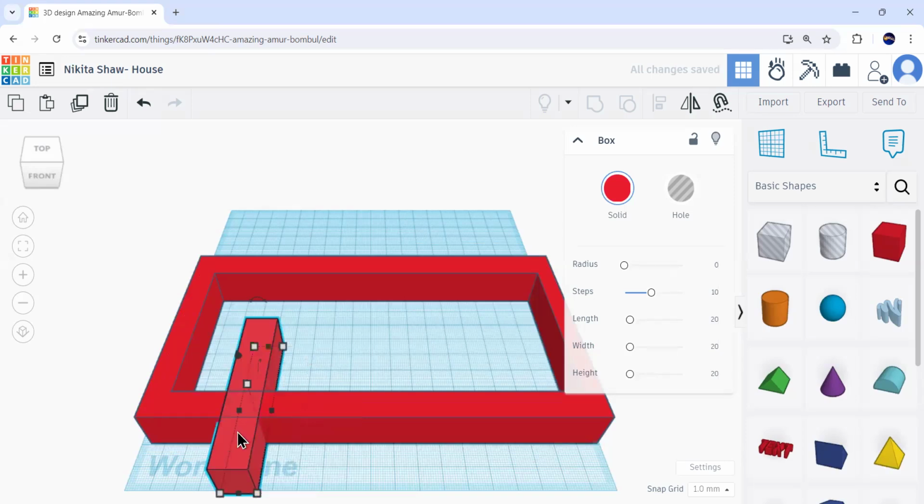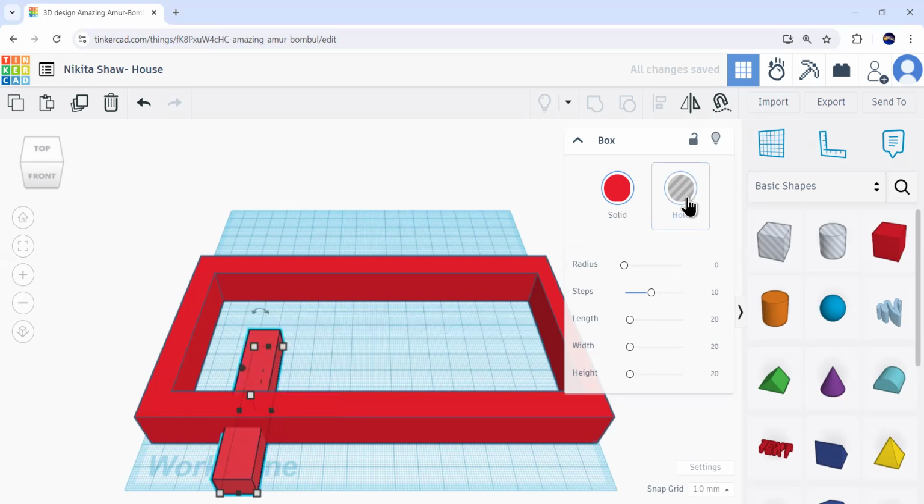Now we can see the door is touching the ceiling. That is the reason it can actually omit the boundary that should be present above the door. So what we need to do next, we will click on this white box and decrease the height of the door, so that there is a certain ceiling above the door, right? So now this completes the door.